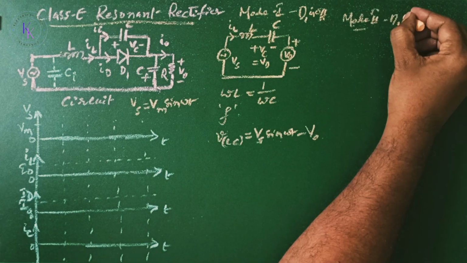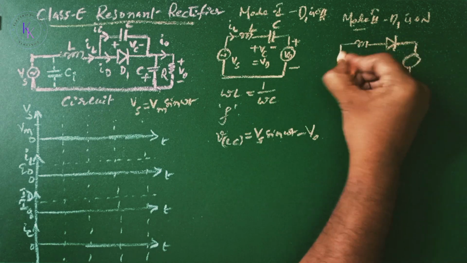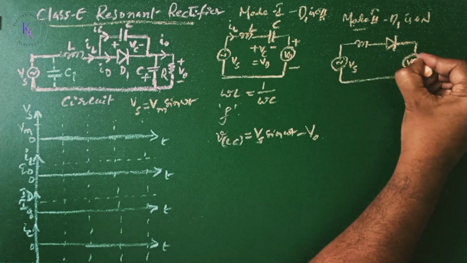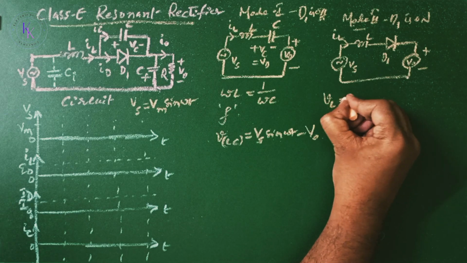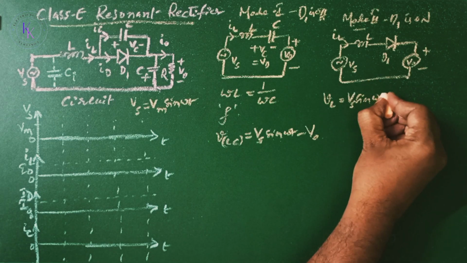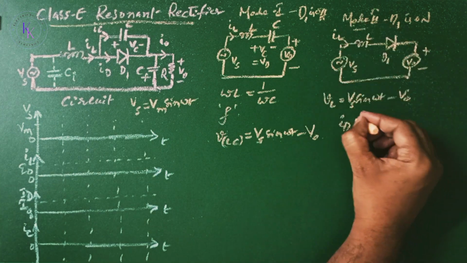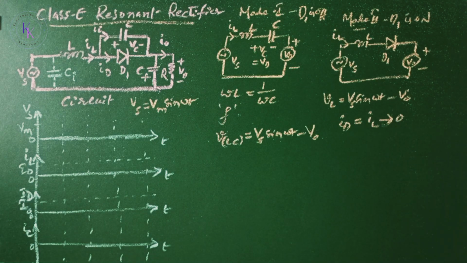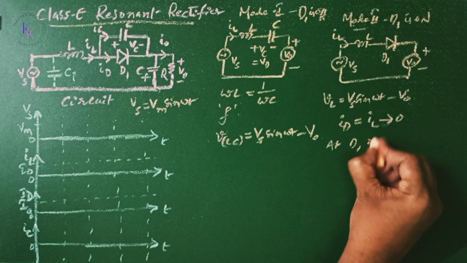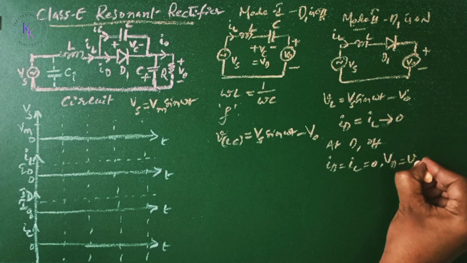Mode 2, during which D1 is on, the equivalent circuit will become the following. The voltage appearing across inductor L is VL, which equals Vs sine omega t minus V0. When the diode current ID, which is the same in the circuit as the current through the inductor, reaches 0, the diode turns off. At D1 off, ID equals IL equals 0